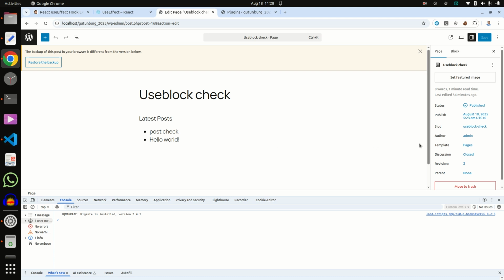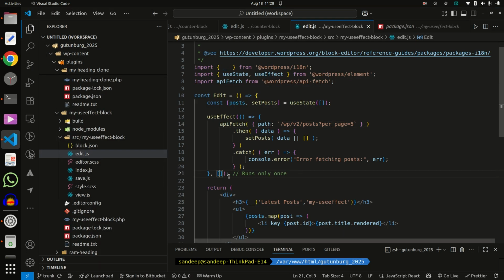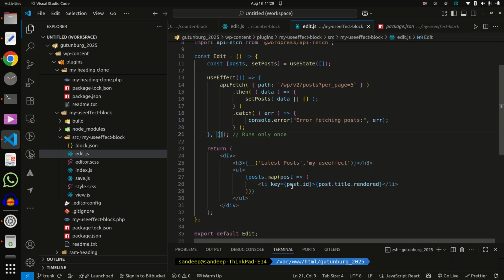So whenever your per page value changes, it is passed as a dependency here, and this useEffect is called again, and according to your change it will reflect, and it will give posts here, and now you can get the data.